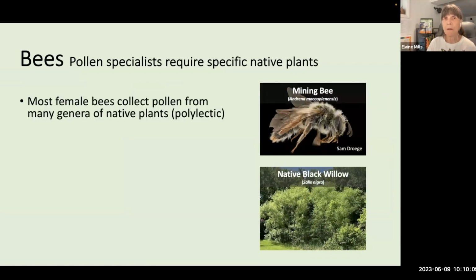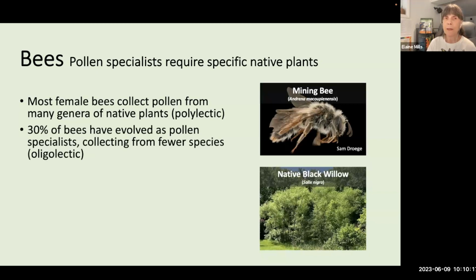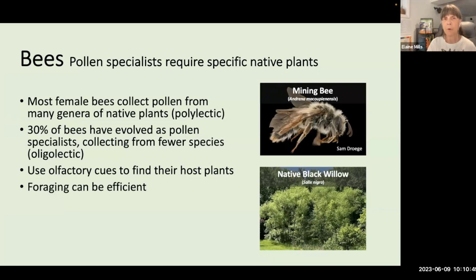Most female bees collect pollen from many genera of native plants, and they're referred to as polylectic bees. But 30% of our native bees have evolved over time as what are referred to as pollen specialists or oligolectic bees, and they're going to collect from fewer native species. One example on the right is the mining bee that is going to purposefully use the pollen only of the native black willow for provisioning her nests. These bees will use olfactory cues to help them find their host plants, and that type of foraging can be